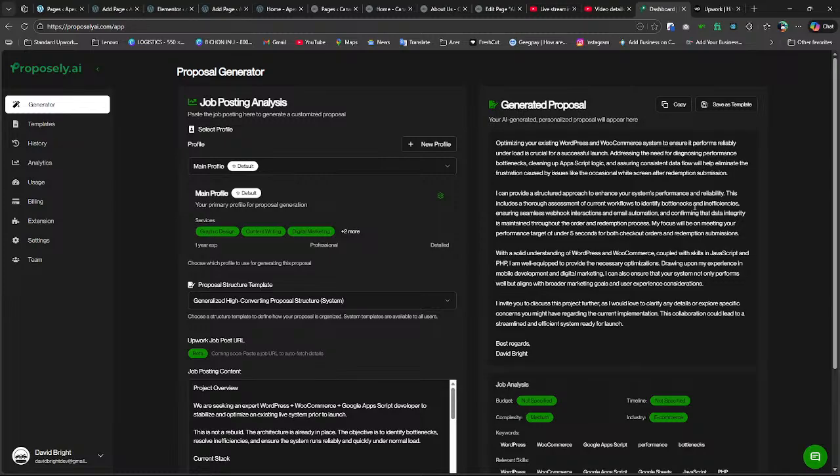This includes a thorough assessment of current workflows to identify bottlenecks and inefficiencies, ensuring seamless webhook interactions and email automation, and confirming that data integrity is maintained throughout the order and redemption process. My focus will be on meeting your performance target of under 5 seconds for both checkout orders and redemption submissions. With a solid understanding of WordPress and WooCommerce,